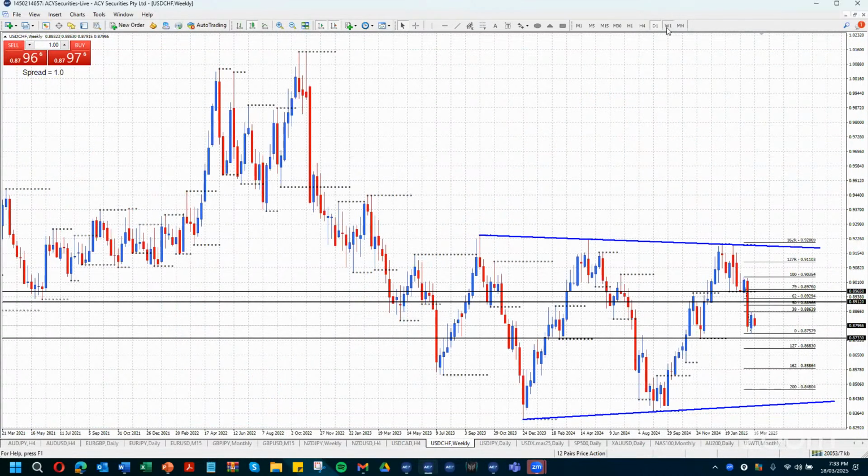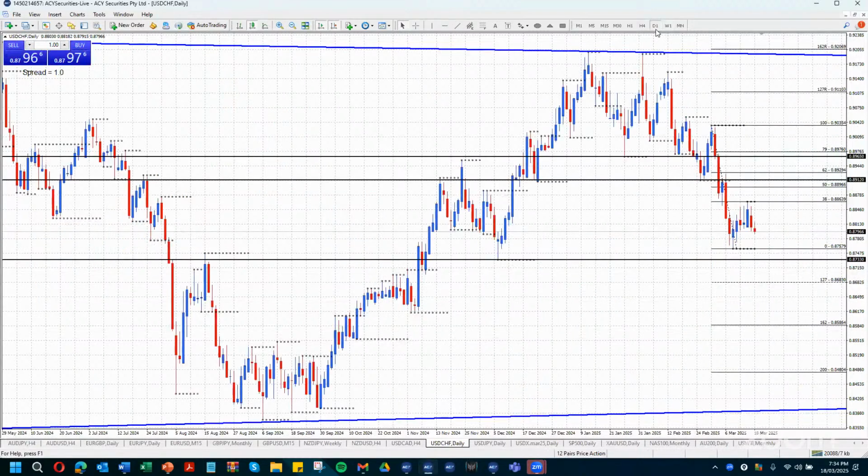Dollar franc. We're in this weekly consolidation, large consolidation area, a little bit above this weekly low here. But we do now have formed a weekly downtrend. This is how I drew it last week, by fib from high to low. It's only a 38% retracement. I don't like it when it just does 38% retracement. So I would have much liked it to come back up here to this zone to come down. So I'm not seeing anything there that I would want to have a stab at on the dollar franc.